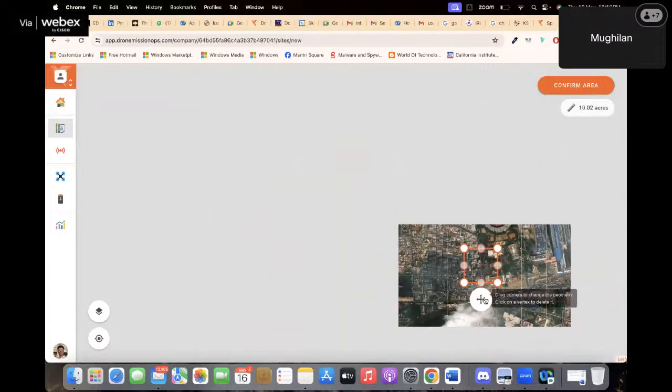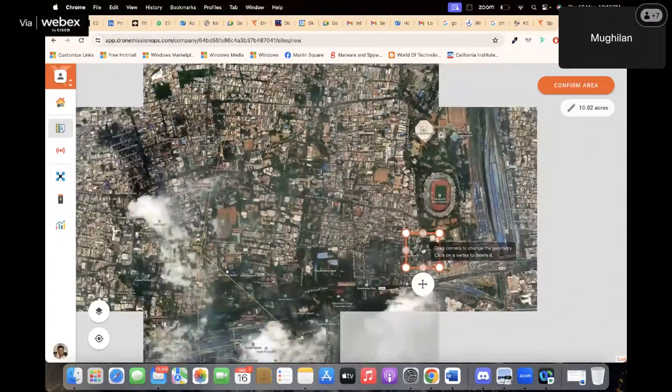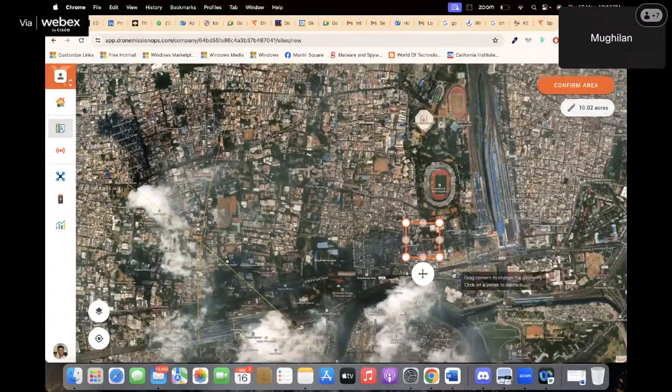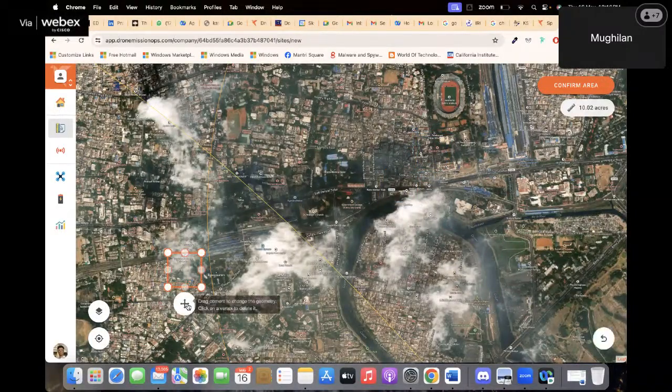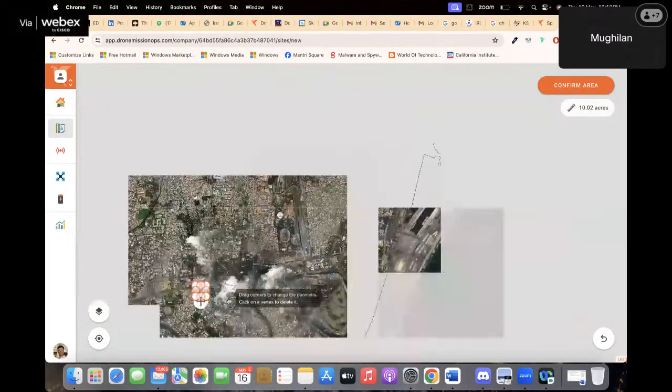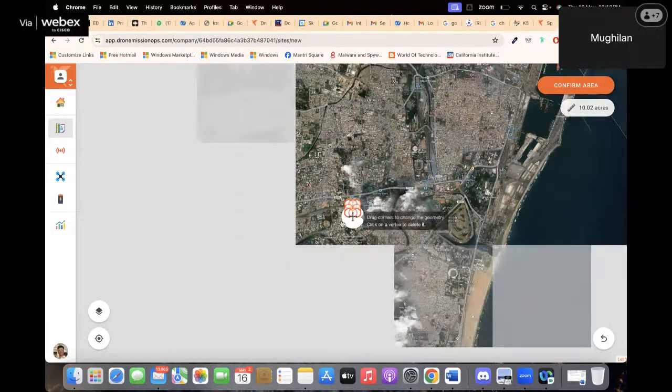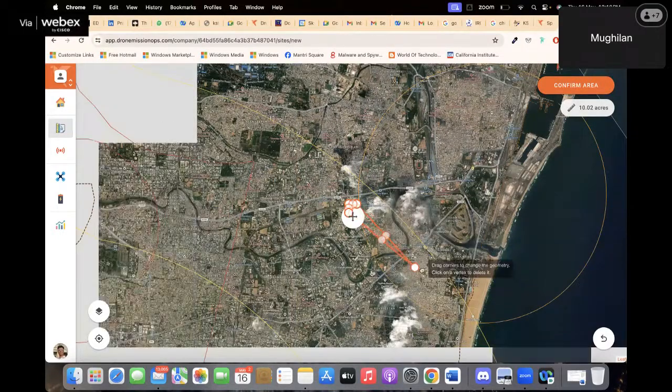So say this can be an agricultural land, it can be any particular area, right? I'm just going to draw a large piece of land,